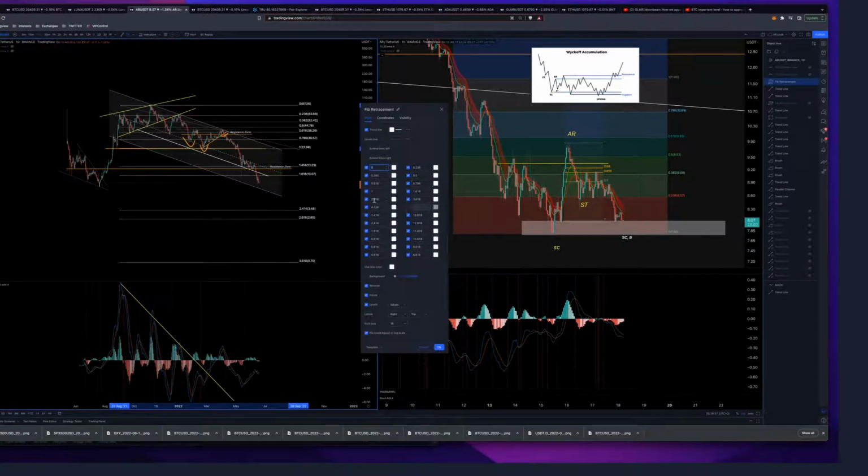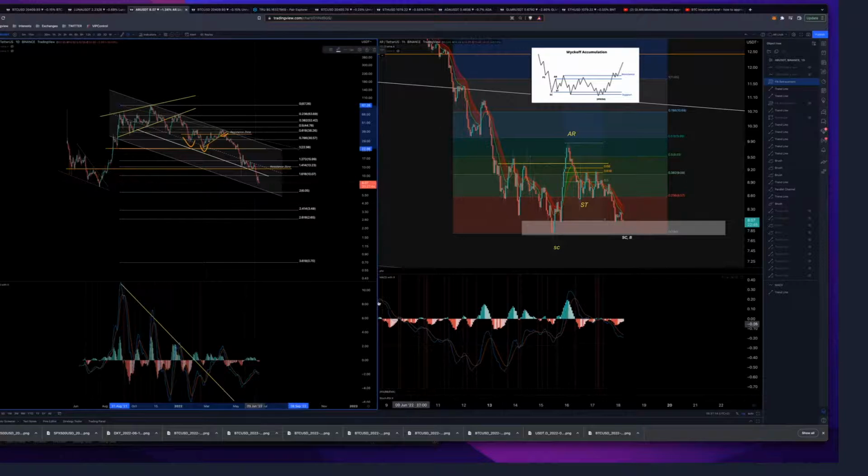Where's the 2? I'll add 2 to that. So I do see 2 and then 2.618. Okay, so I'll be looking at this level here as a next level of interest, and potentially it can come